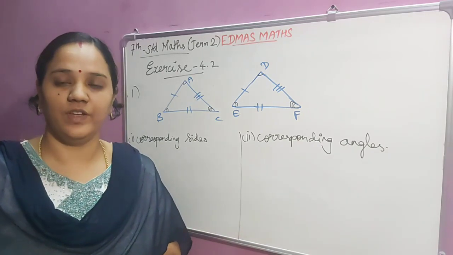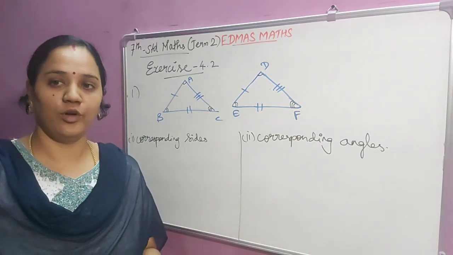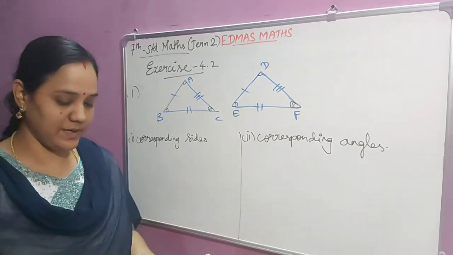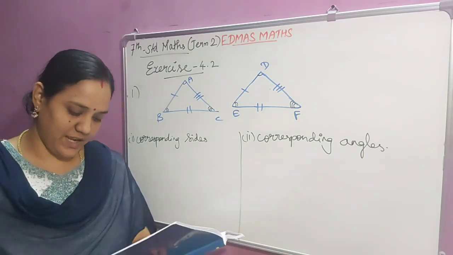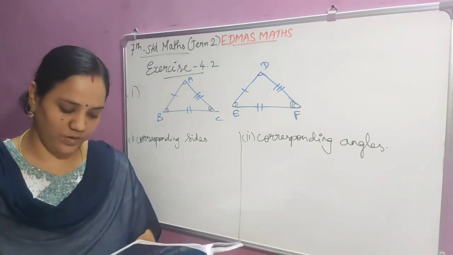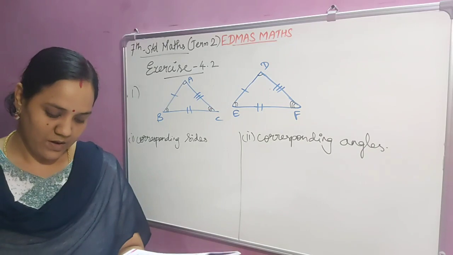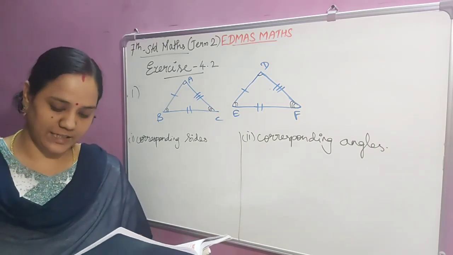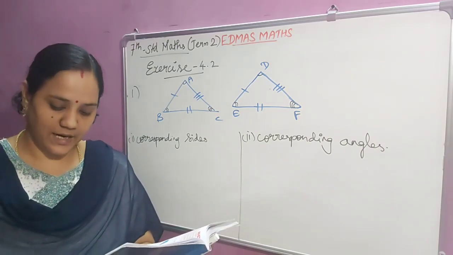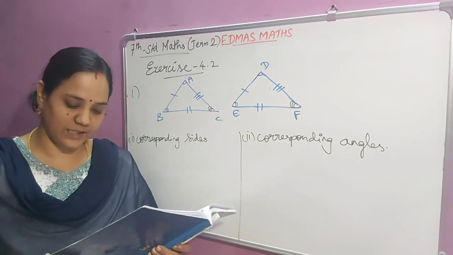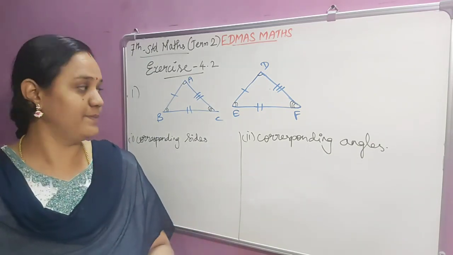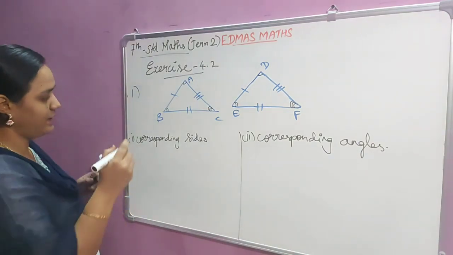In this video, we are going to learn exercise 4.2. Okay, the first problem is given that triangle ABC is congruent to triangle DEF. First option is list all the corresponding congruent sides. Second option is list all the corresponding congruent angles. Okay, so here it is given that